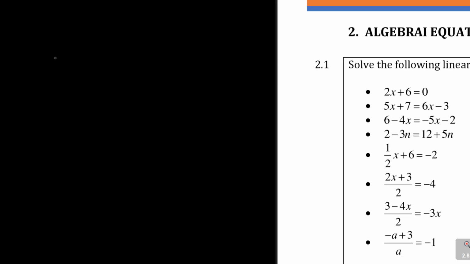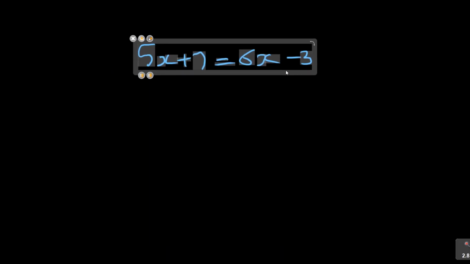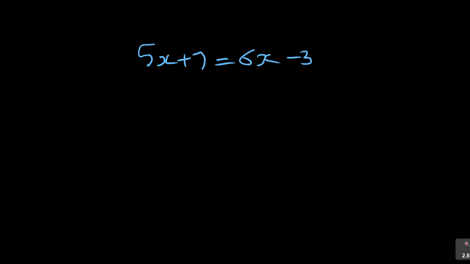Look at this: 5x plus 7 is equal to 6x minus 3. I'm looking at this one now. Alright, let's solve for x here. Same thing. First things first, there's an equal sign, then I can do what is called